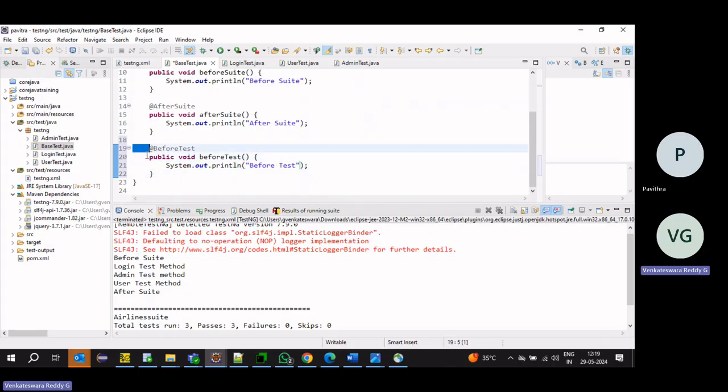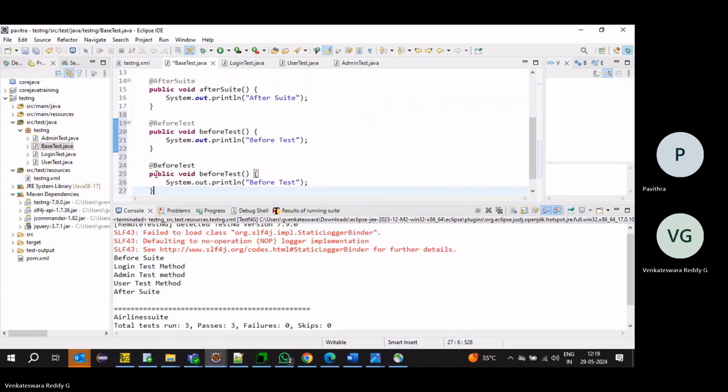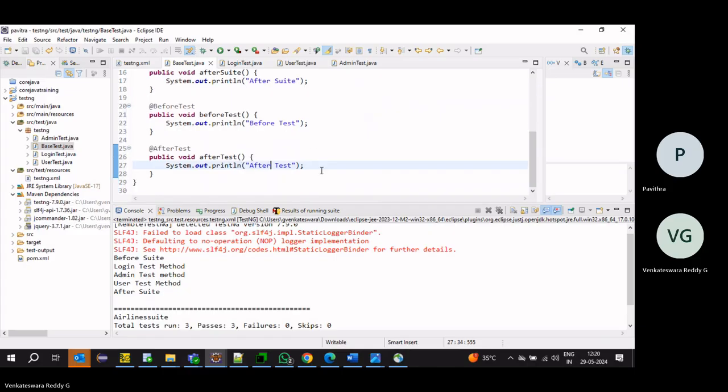Similarly, we can make it as after. Right, before and after test.